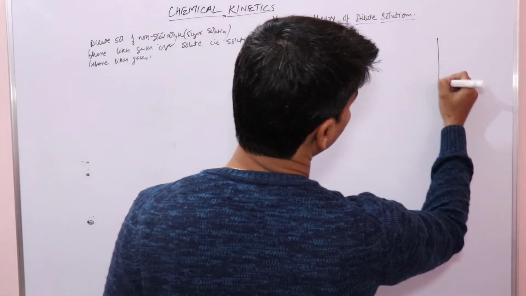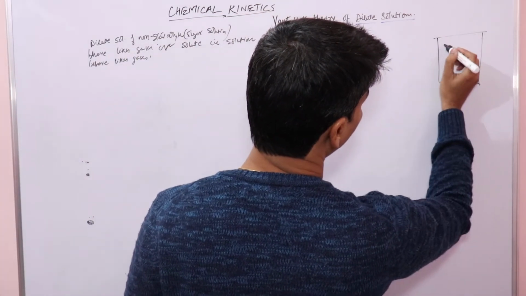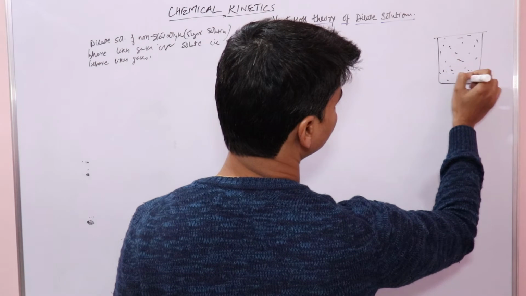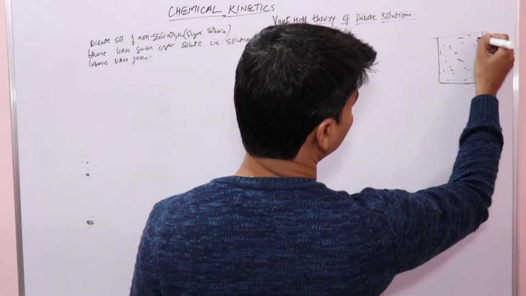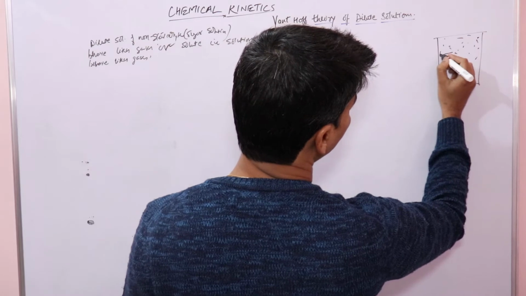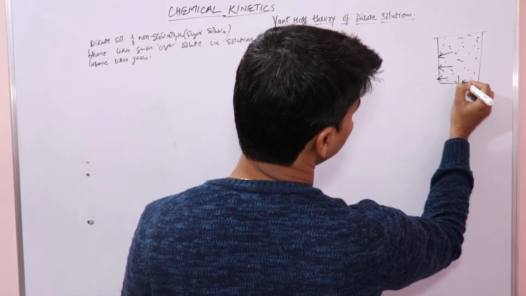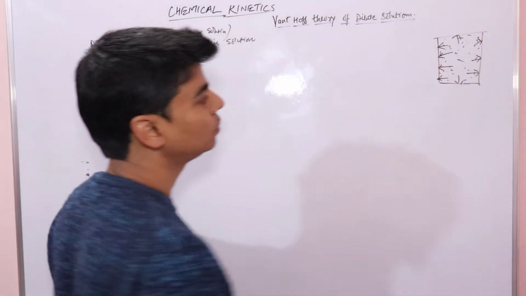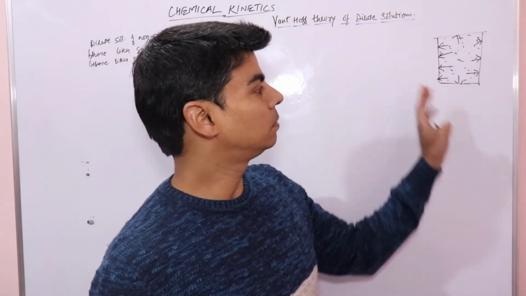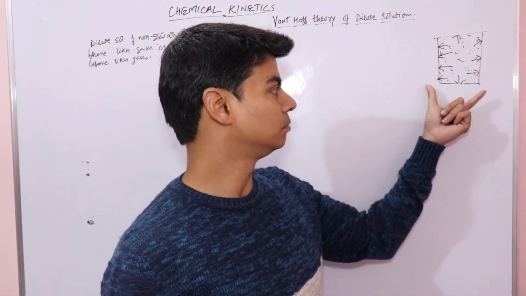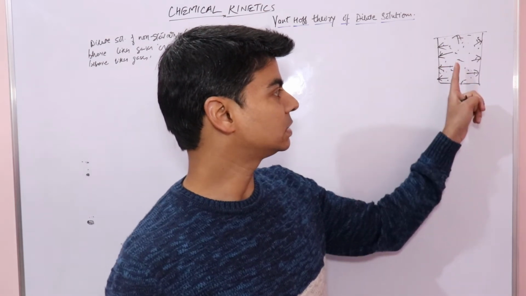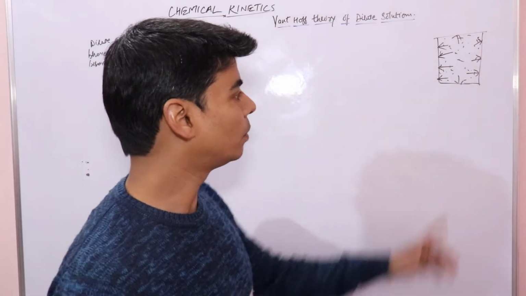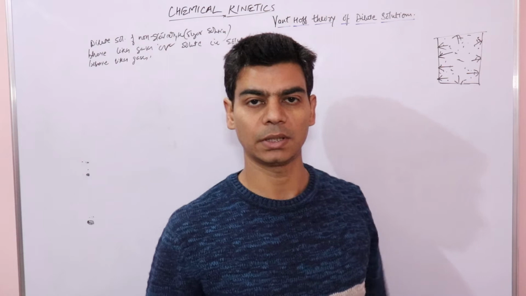We know that if this is a closed container and we have gas particles or gas molecules inside it, let's say any gas, the pressure of this gas inside the container is due to the bombardment of gas on the walls of the container, right? These gas molecules will collide with the walls of the container. The pressure of this gas is due to collision of gas molecules with the walls of the container, or due to the bombardment of gas molecules on the walls of this container, right?